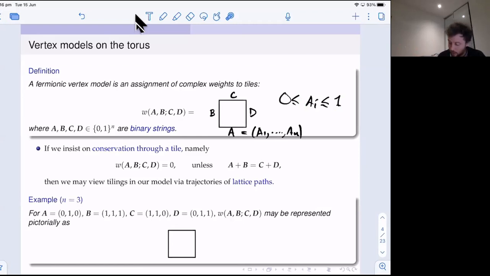And every time you see a tile that looks like this, there is a mapping of that thing to a function, which is just going to be its weight. So this is going to be some complex function in general. And typically in these models, in order to be able to do anything interesting whatsoever, you have to insist on conservation through a tile. So that's what I've written here. So the conservation means that the weight of the vertex is going to be set equal to 0. You set it to 0 by hand,